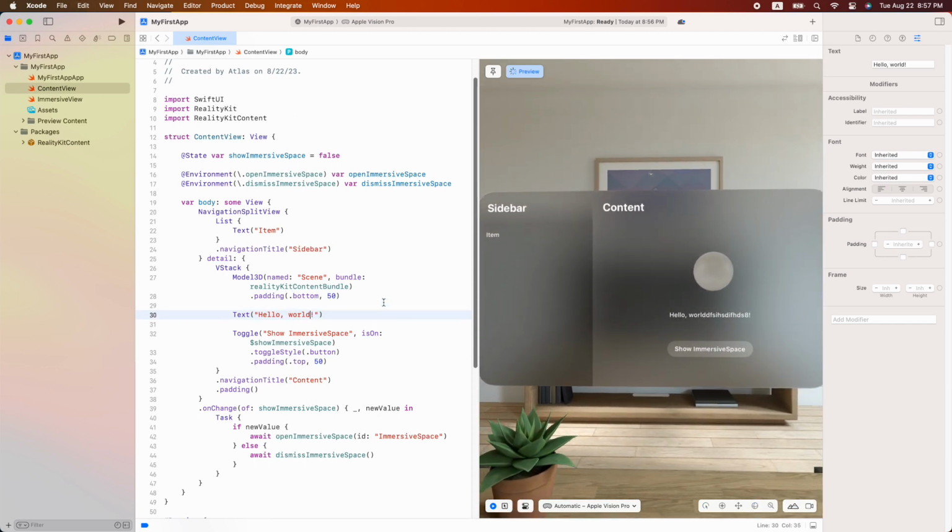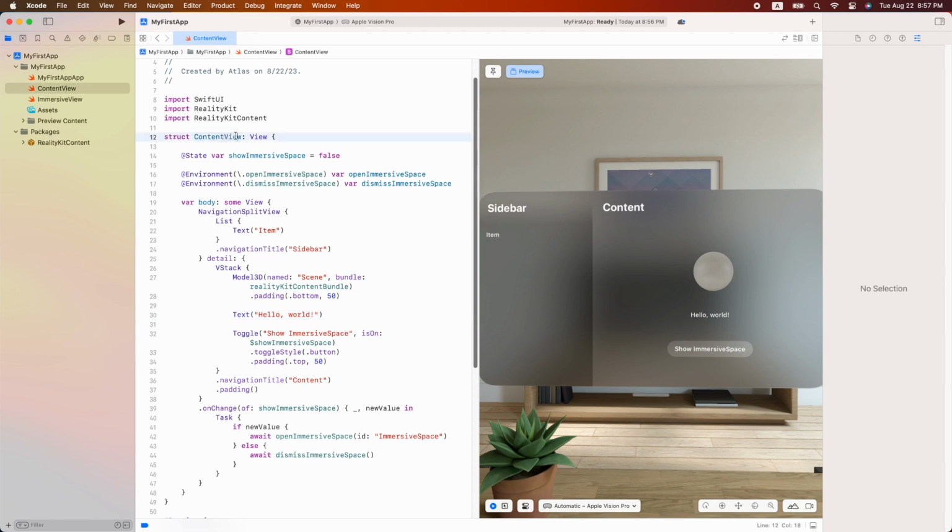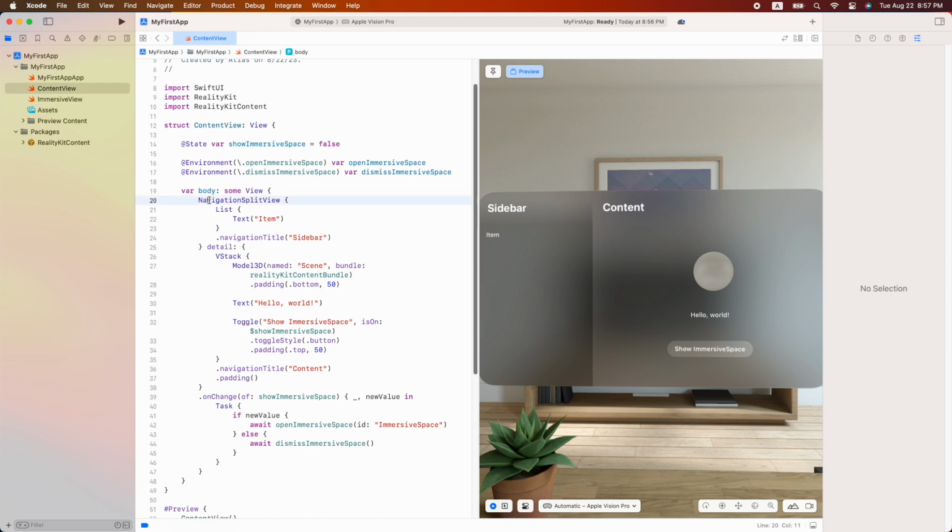And now let's try to understand what this file is doing. This is defining a view. A view is anything that the user sees. And whenever you see a SwiftUI view, the only part that you need to pay attention to is whatever is inside the body. Over here, inside the body, we have a navigation split view,